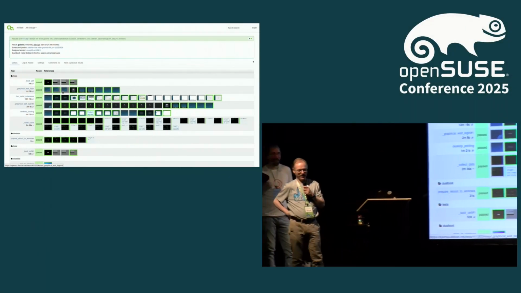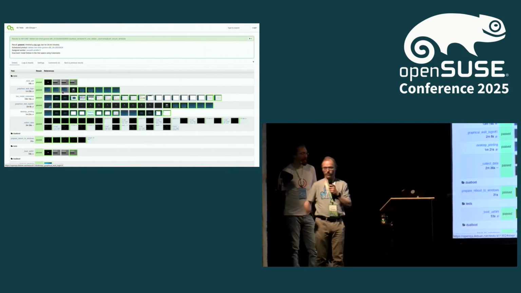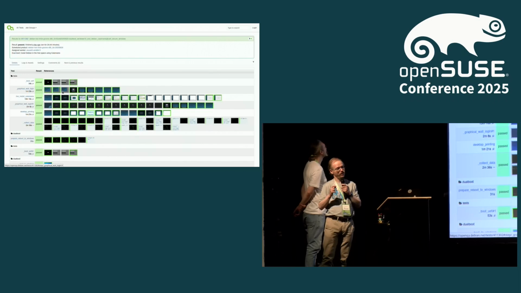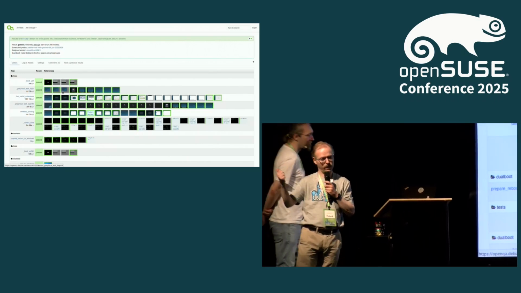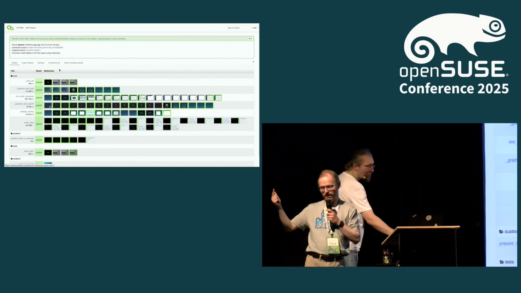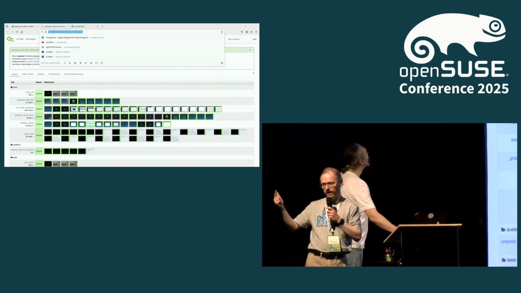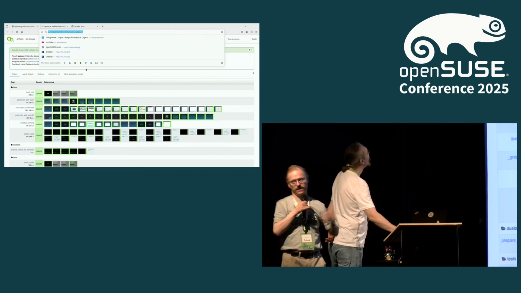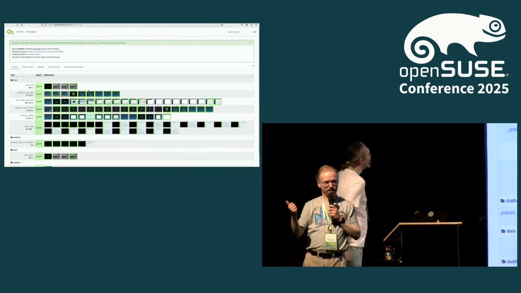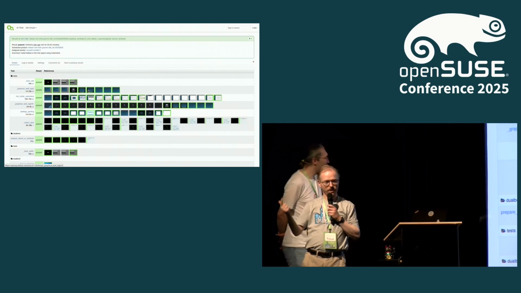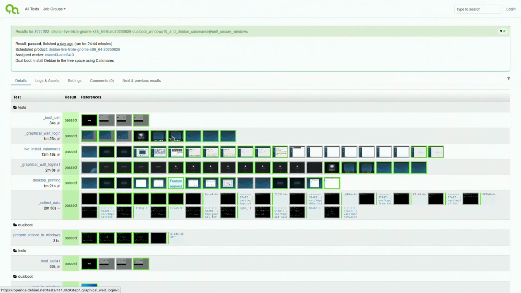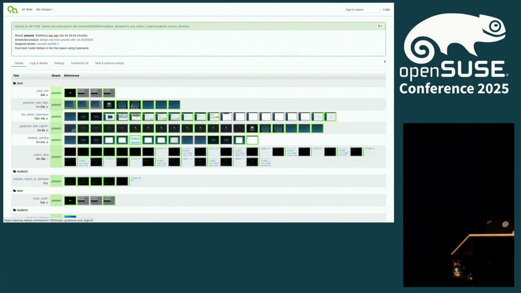I will install Debian on it, and we even made, with the help of openQA, a fully automated test that takes a Windows computer, resizes the partition to make a little bit of space for Linux, and then we run in openQA the installer of Debian, reboot the whole computer, see that Debian still is booting and working as intended. We reboot the computer yet again, go back to Windows, check if the desktop is there, and then we have a proof of concept. You can still use your own computer with Windows.